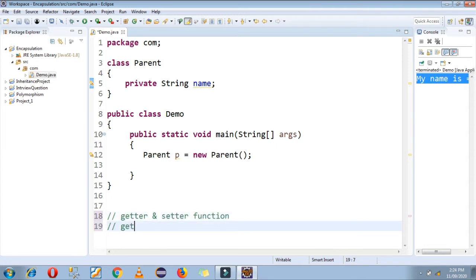So a getter function is used to get or return some value. And how to write it?